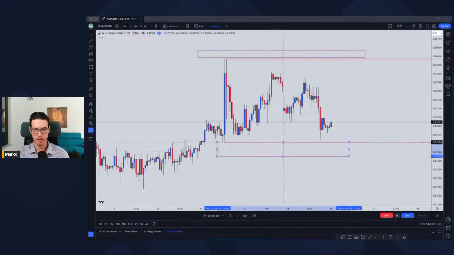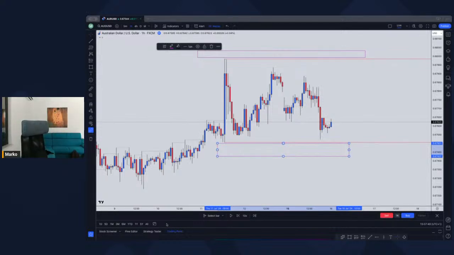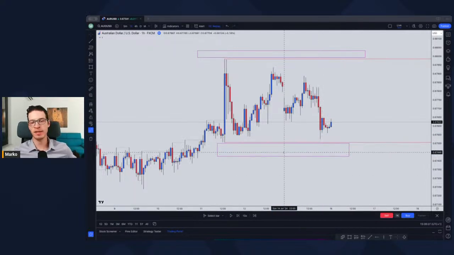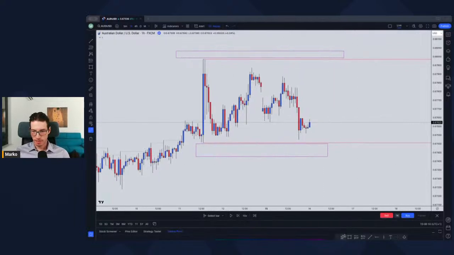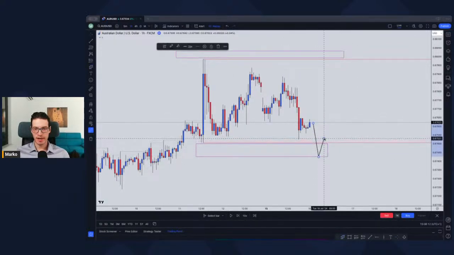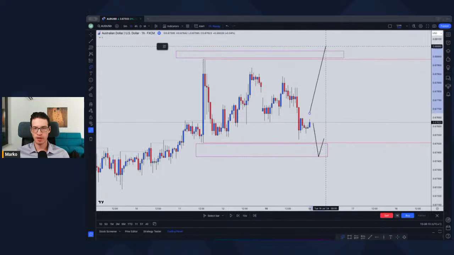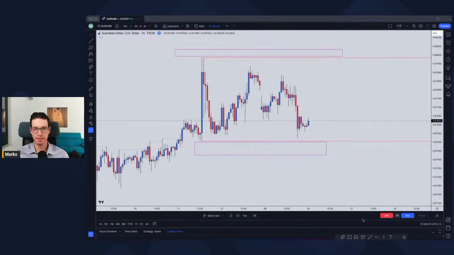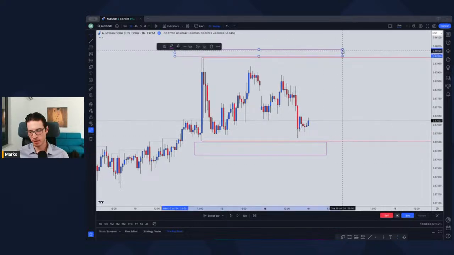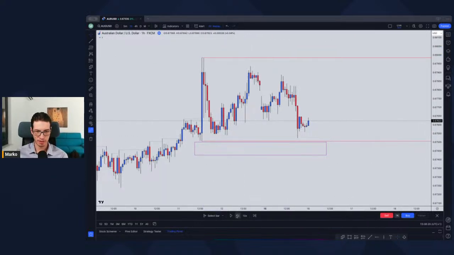Okay, I want to see reversals in these areas. Just give me one. Sorry about that. So I'm looking for reversals in these areas right here. I want to see price go into these areas and reject. Go into the upper liquidity and reject. So basically it is selling the top, buying the bottom. Very, very simple stuff. We did get an opportunity in the lower liquidity area